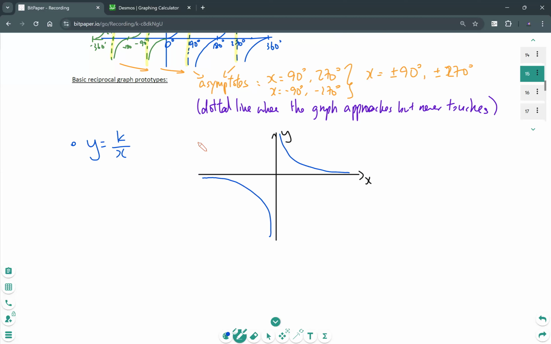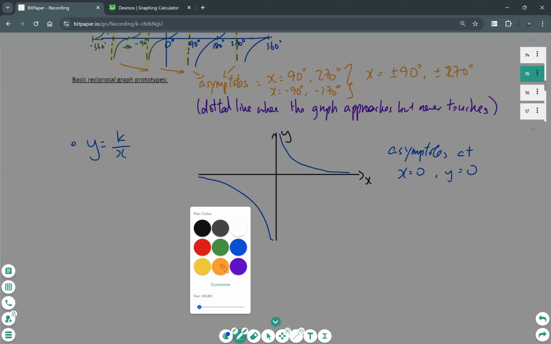And this. Okay. So we can see we start from here. Oh, actually, we start from here and here. Oh, it should never be touching both axes. Okay, so the asymptotes are, so we've got the asymptotes at x equals 0 and y equals 0 because you can see here